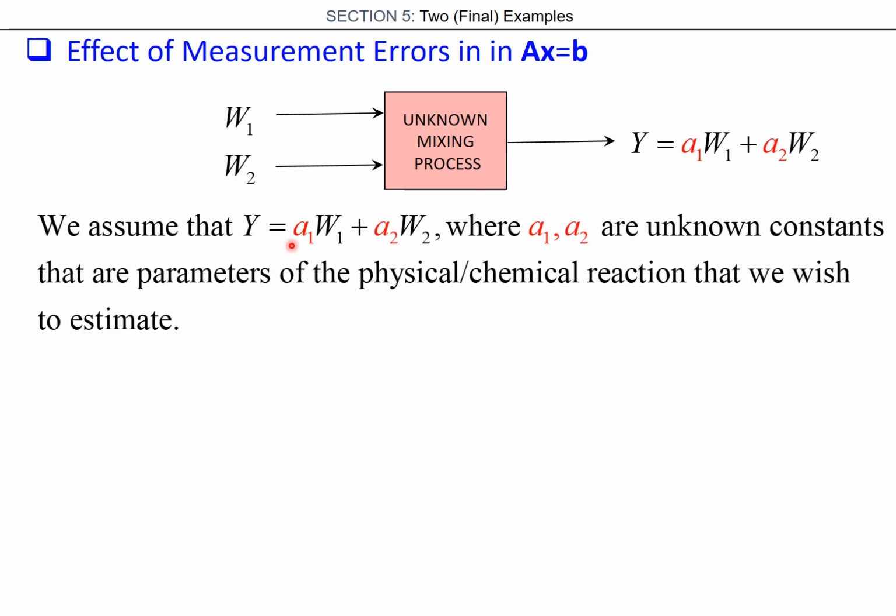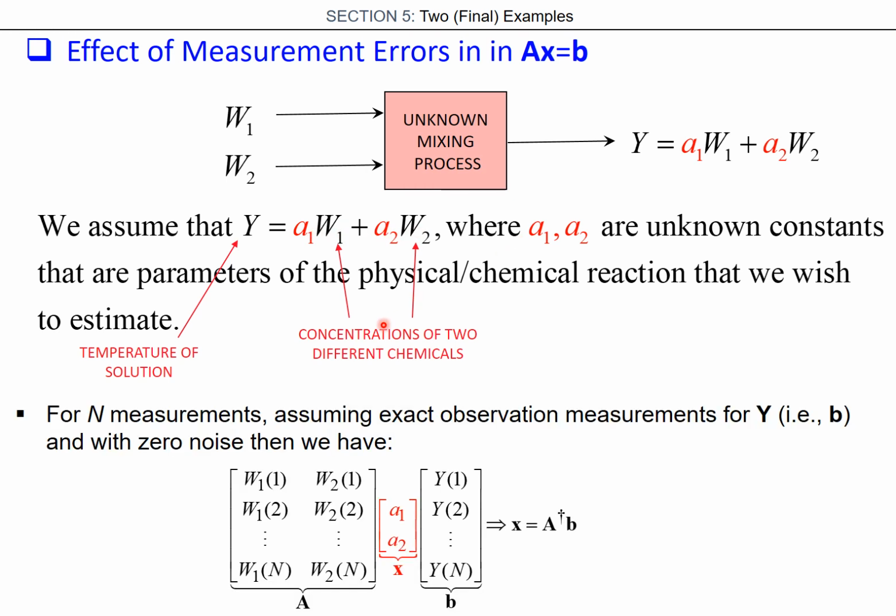So how do we do that? Well, what could this practical situation be? Imagine it's some sort of physical chemical reaction we wish to measure, and let's assume the temperature of the solution is equal to, with these being the concentrations of two different chemicals that you add, and they mix together according to some linear process like this, and we want to find out what a1 and a2 are. So if you had exact observation measurements, and there was no noise or errors or calibration or whatever, then